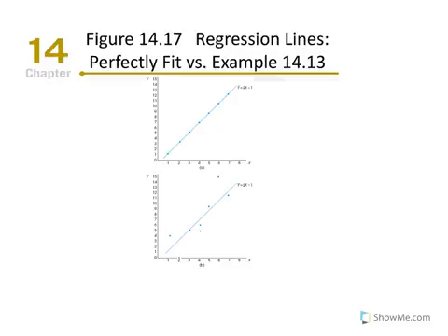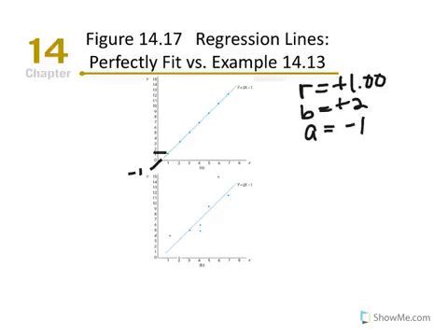In these two examples, in the first one, it's a perfect relationship. So we would say R is equal to positive 1. And again, the slope is equal to positive 2, and A, representing the y-intercept, is equal to negative 1. So again, the value of y when x is equal to 0, and so that would be negative 1 down here. If we move up 2 from negative 1, that puts us at 1, and we know that if x is equal to 1, then y is equal to 1